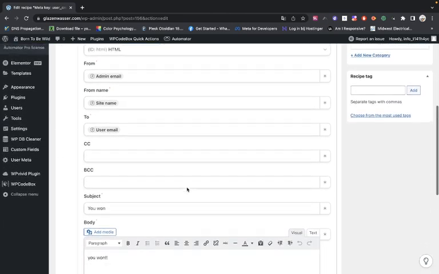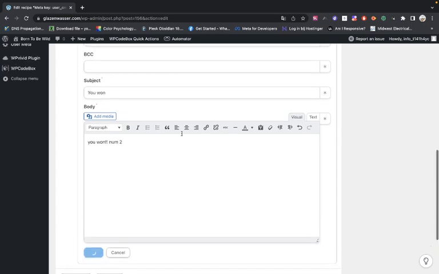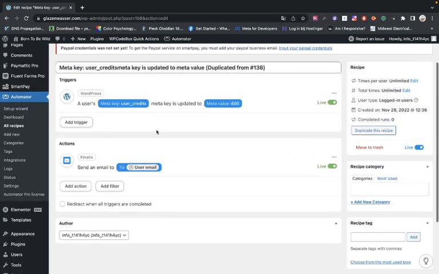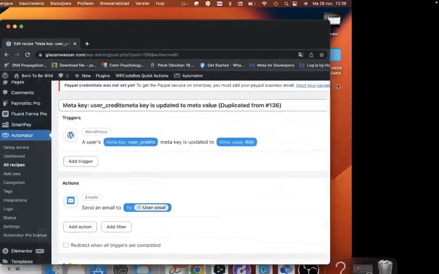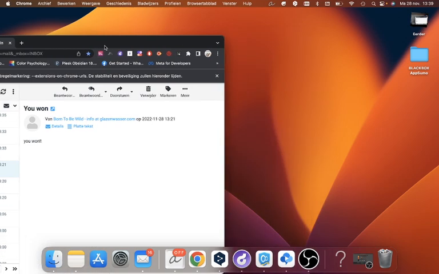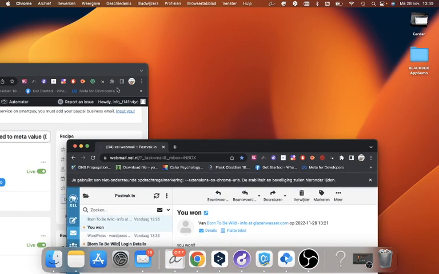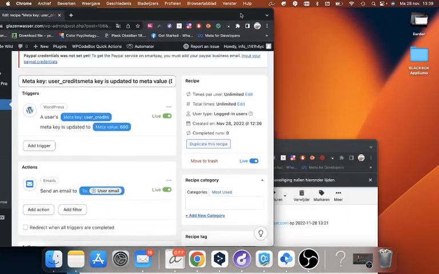and let's set another, number 2. So then they will get this email when they have 600 points. So let's see to our tests. We've got one email, of course, with the points that we have earned, and then when we are going to